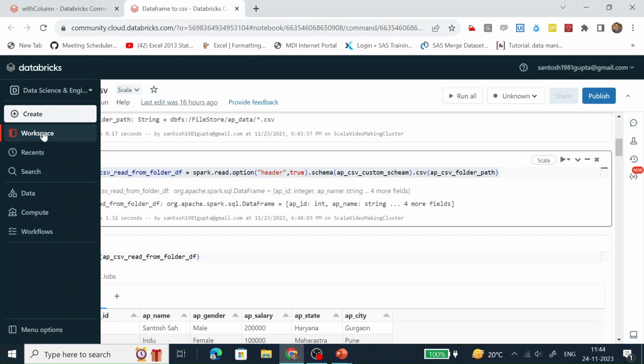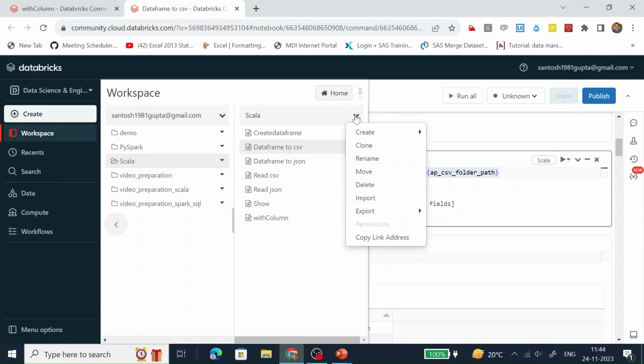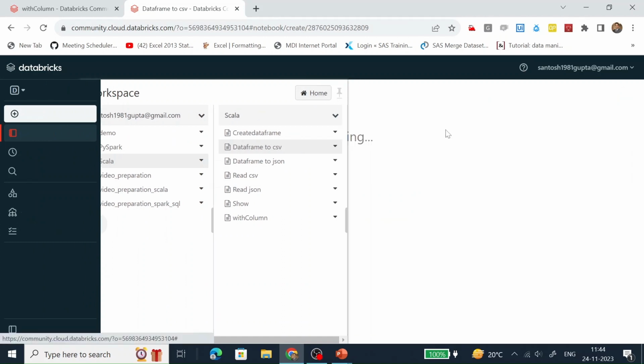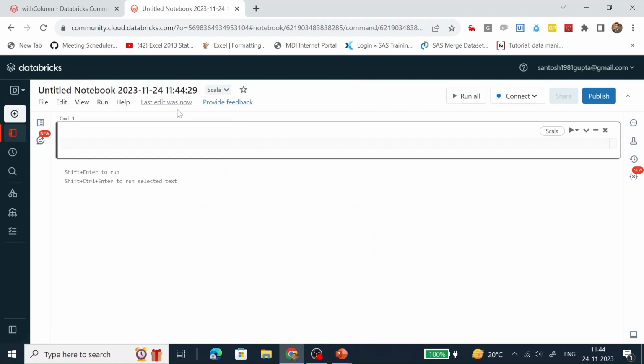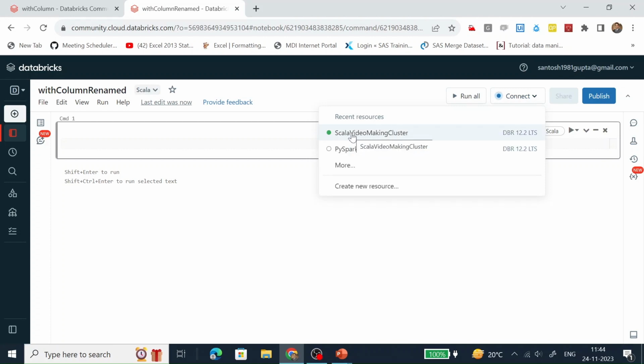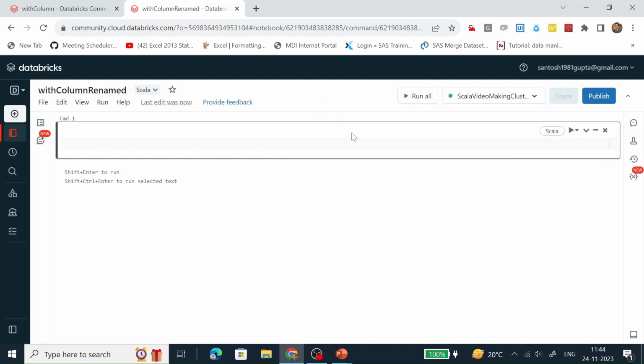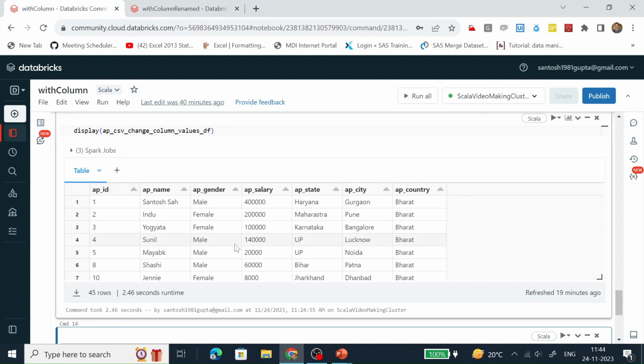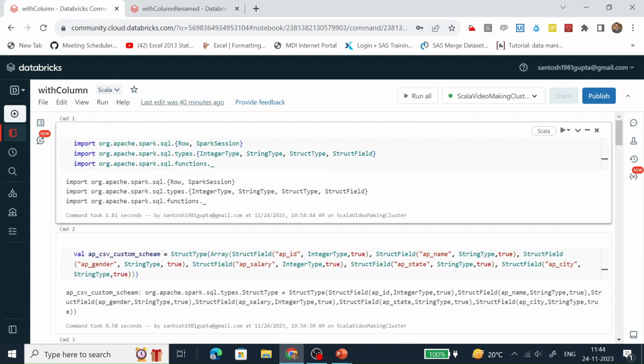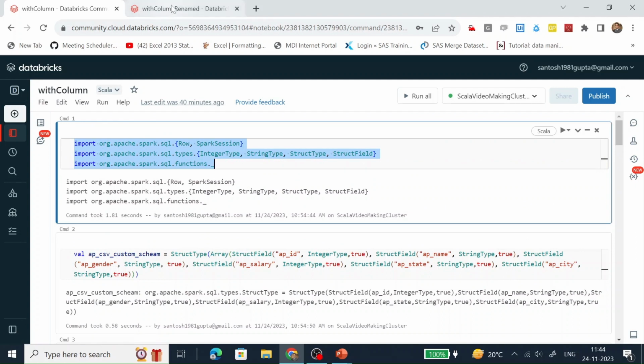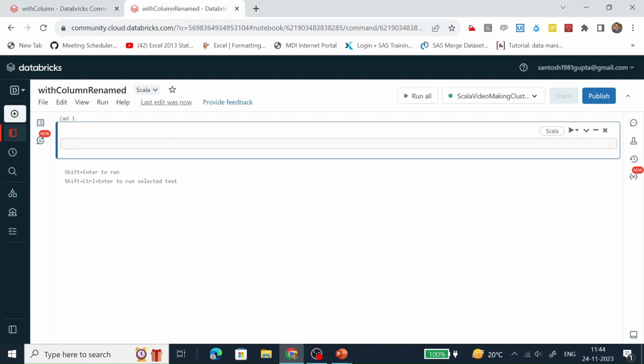Let's create a notebook. Name it withColumnRenamed. Let's connect this notebook with our currently running cluster. Let's copy the code till the creation of a data frame from reading a CSV file.